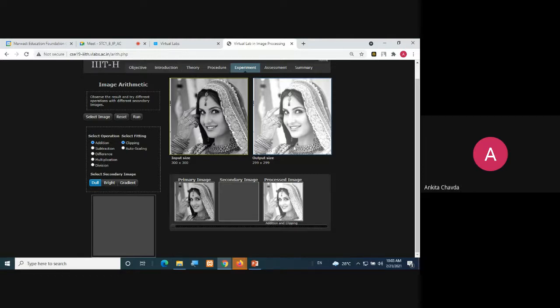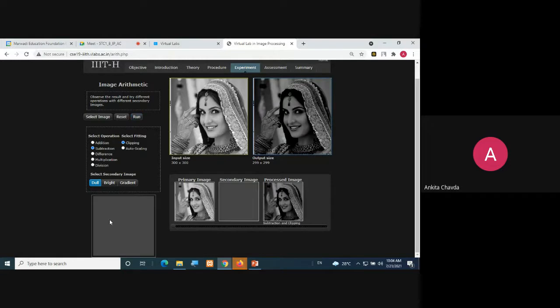You can check, we have bright pixels only. Why? Because we are adding intensities of two images. Suppose the intensity here is 50 and the intensity of this is maybe 35, so 50 plus 35 at any one pixel. This is how it's working. I hope it is very easy to understand what addition is. Then you can check for subtraction and run.